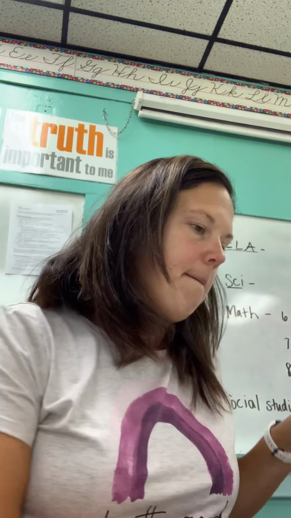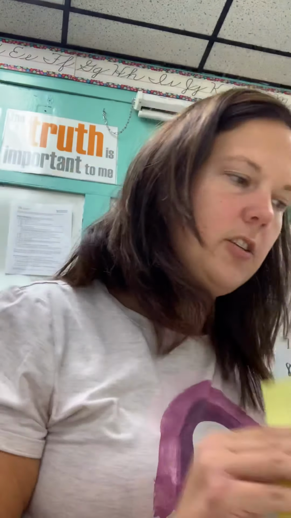So once you've read the first 3 pages, what do you now know about this book? What is it going to be about? I want you to take out your yellow paper, and we're going to be using this throughout the entire book, and this is called our word catcher. So I just want you guys to know that this text is very challenging, and we're going to use our word catcher to write down words that are difficult for us, or maybe we still don't understand.